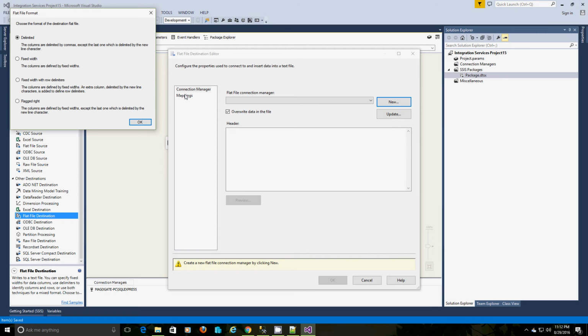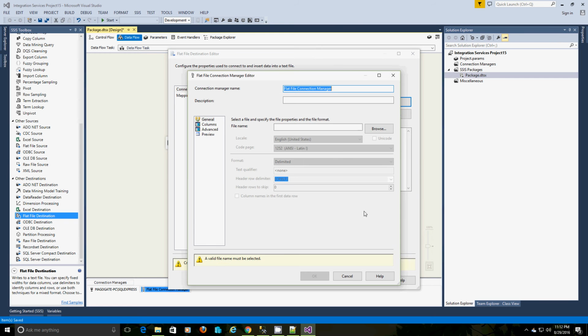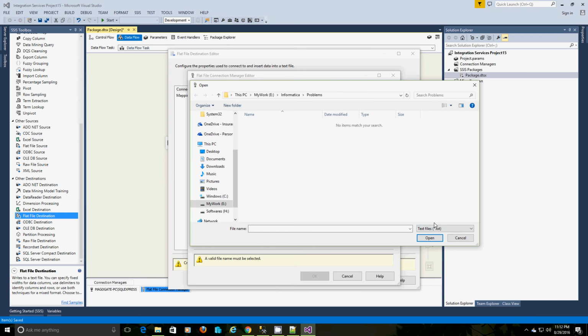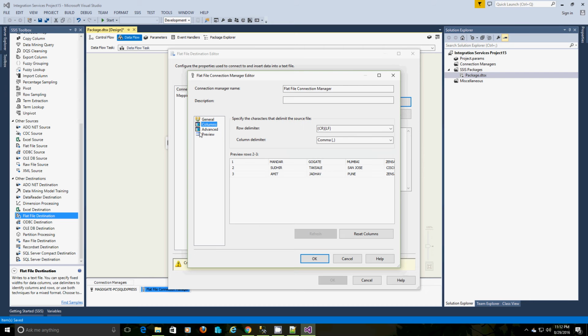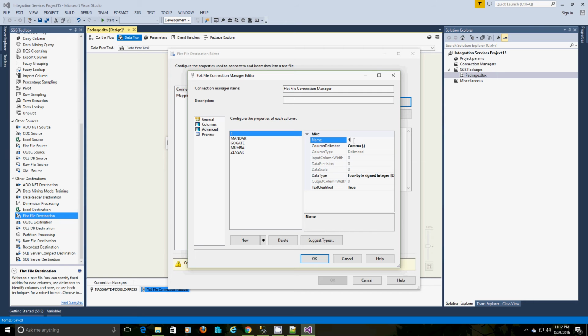Define the flat file connection. Our flat file should be delimited, rather comma separated. It should have header information, and define column names as well.